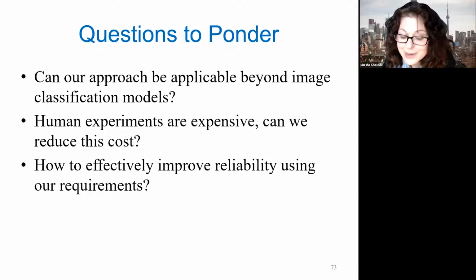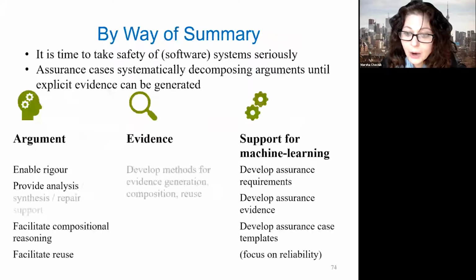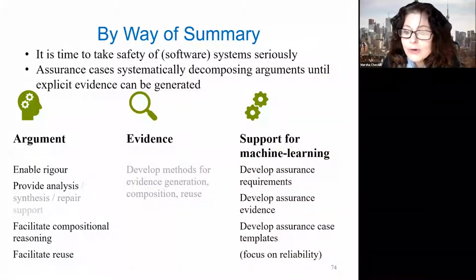We also have been basing our results on human experiments. They're quite expensive, and there's no way we can repeat them for every transformation and every type of analysis. So we're interested in various forms of reuse of this. And we're also interested in, now that reliability requirements say fail, what might be the methods for improving reliability using these requirements. Okay, so by way of summary,